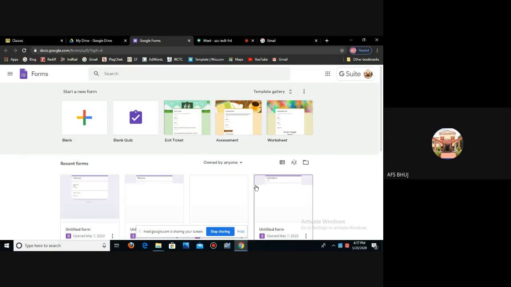This is forms window. So here this is Google Forms. Here we can create attendance form, worksheet, and we can conduct a quiz, and we can take an assessment of your students. Today I am showing attendance, how to create attendance form. So first for that I am taking one blank form. See here, first one is blank form. Click on that.